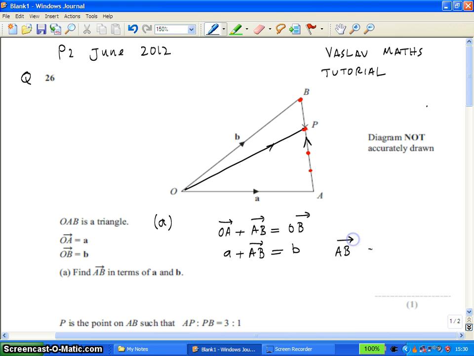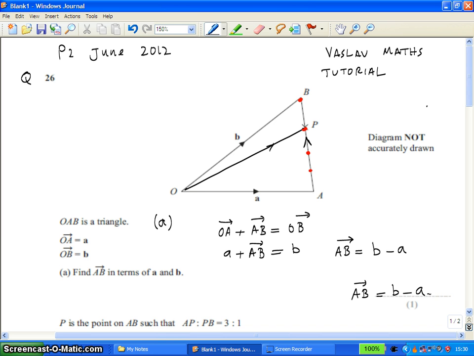and just like algebra, AB is the subject. It's the vector that we've been asked to find in terms of a and b. It is equal to b, and taking a from both sides, you get that. So therefore AB is equal to b minus a. So